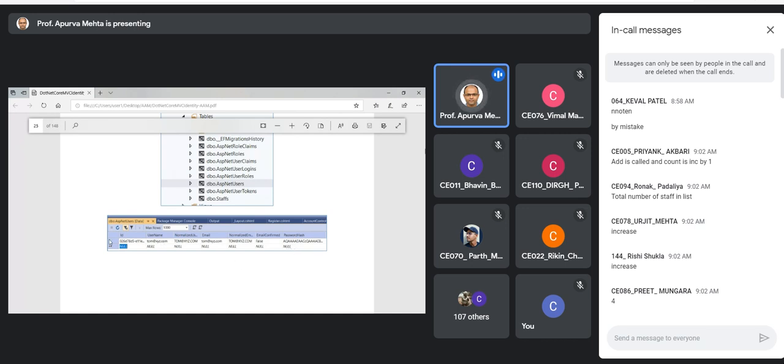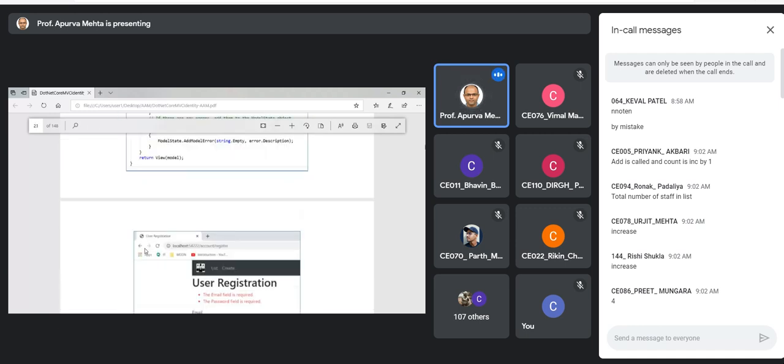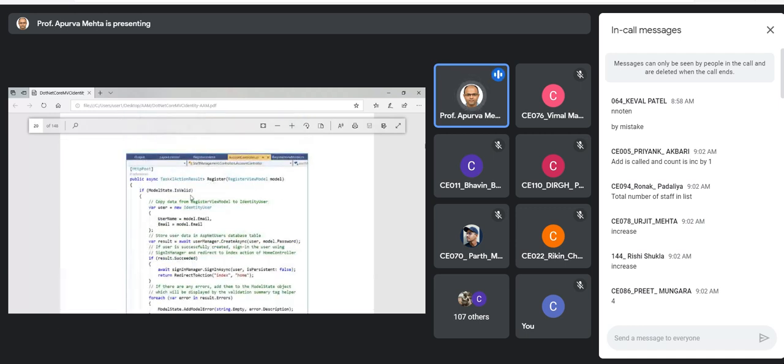So that's how the registration is successful. And why is it registered in this AspNetUsers table? Because, if you remember, here we transferred the instance from this RegisterViewModel into this IdentityUser class. That's why the entry is in AspNetUsers.